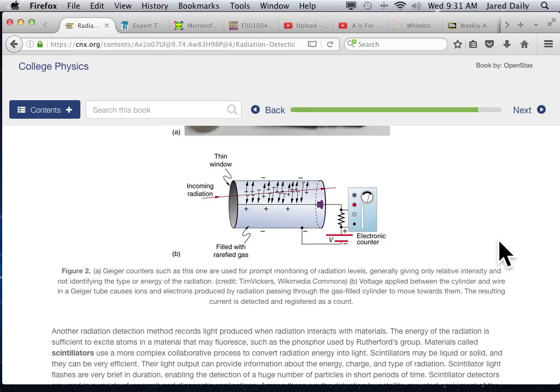So you have some radiation that's coming into the tube here from the left. The red line is the radiation. And inside the tube, you have a rarefied gas, in other words, a low pressure gas in there. And the low pressure gas gets ionized. And as it gets ionized, it creates a positive charge on a wire down the center of the tube and a negative charge on the outside of the tube. And then when it creates that ionization because of some radiation that's coming through, that makes a little voltage tick, and then they put a little sound in there so it ticks,